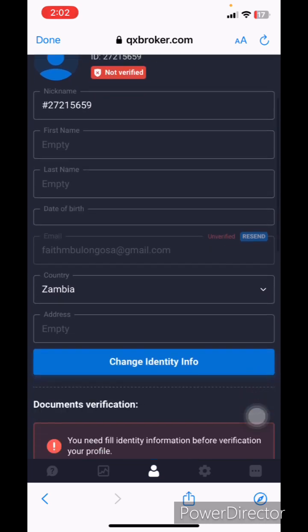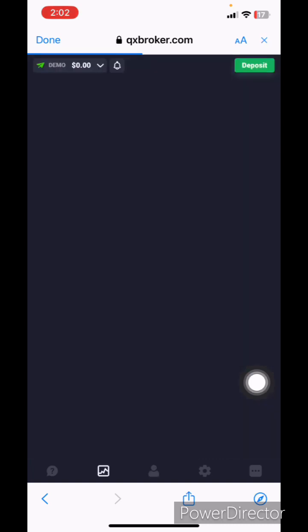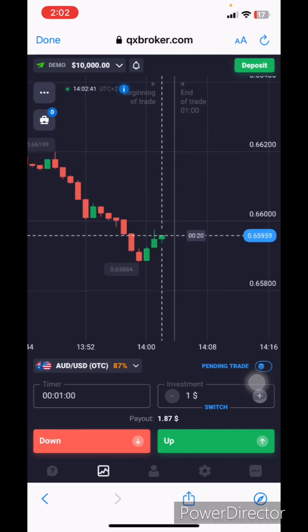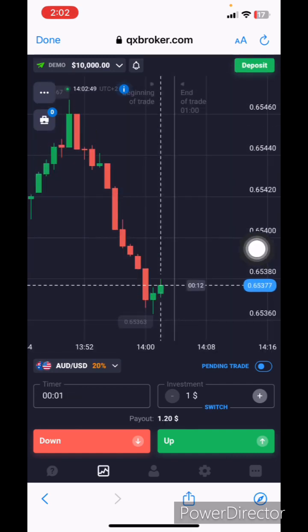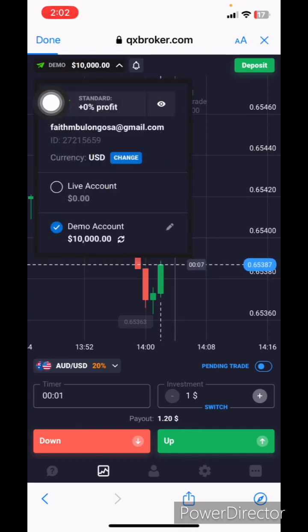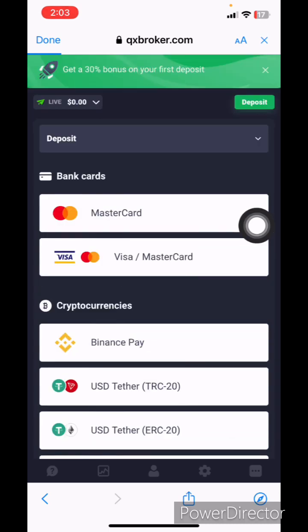So you can come back here where it is the trading position. So here, that's where we're going to be trading from. And again, if you want to make a deposit, you come here. To make a deposit, you will need to change from a demo account into your real account. So you click on your real account, and you come on deposit, you click on deposit, and if you want to use a Visa card or a MasterCard,